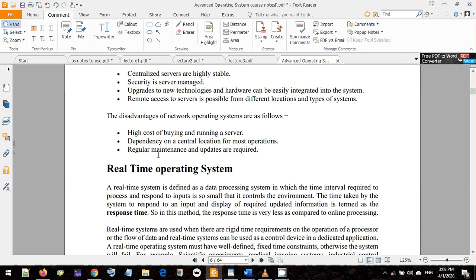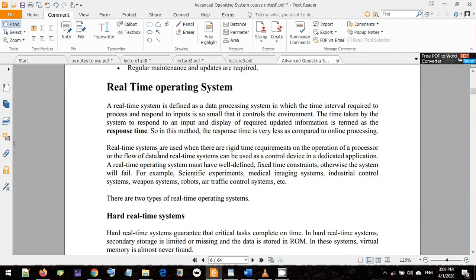We have as disadvantage the high cost of buying and running such servers. It is equally dependent on the central location for most operation. The regular maintenance and updates is equally required most of the time. Real-time operating systems. This type of operating system are the type that